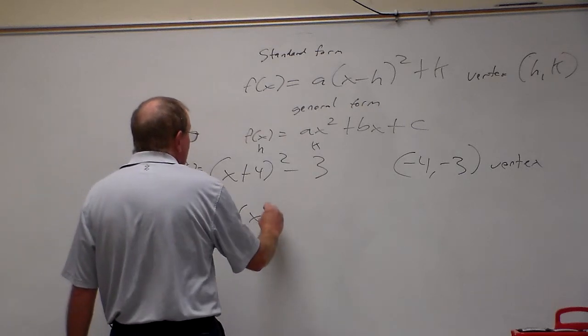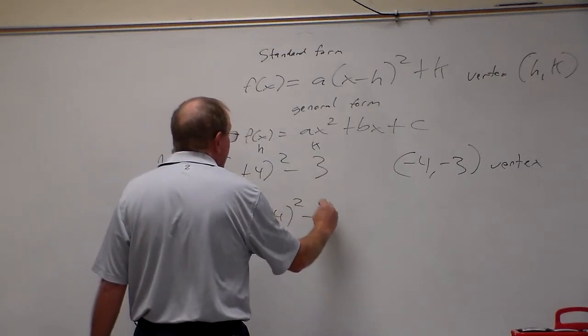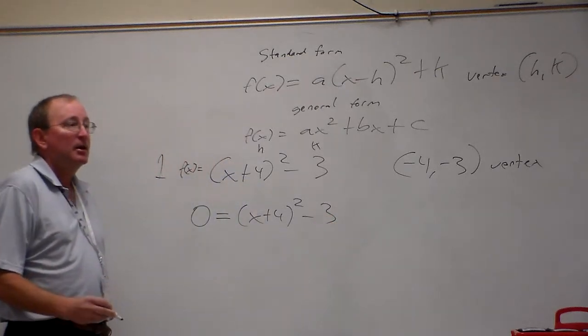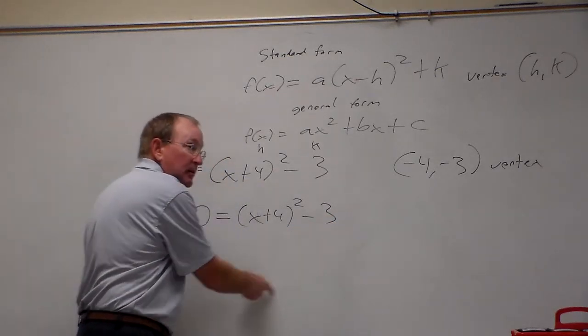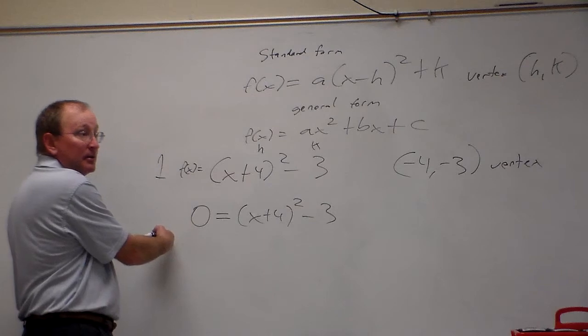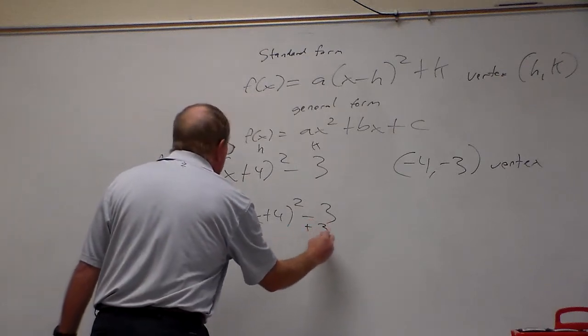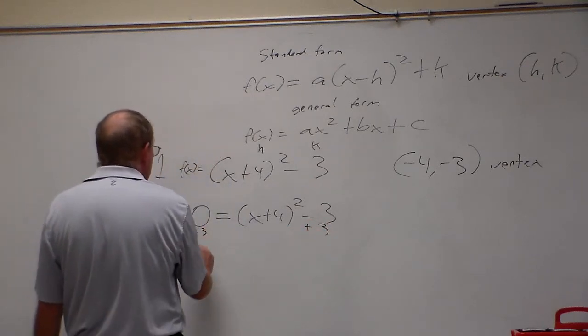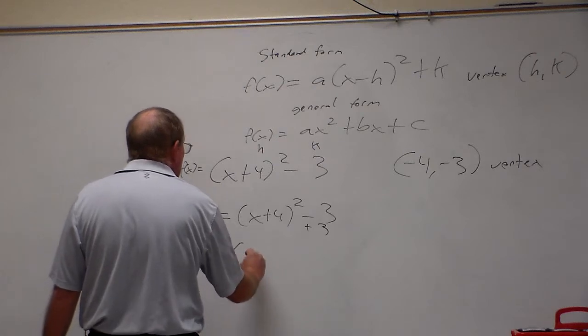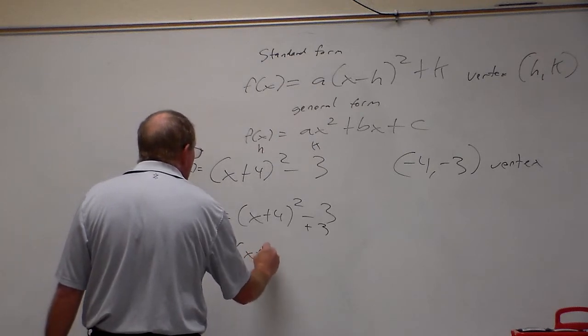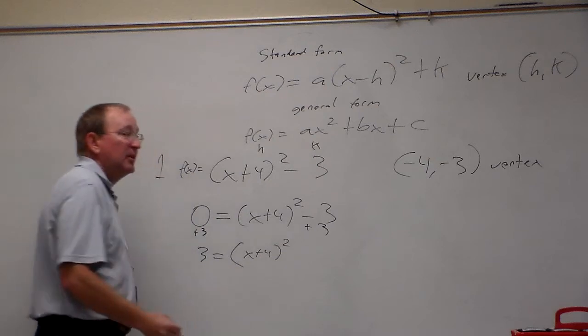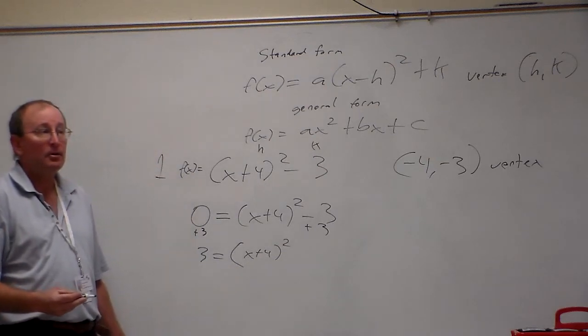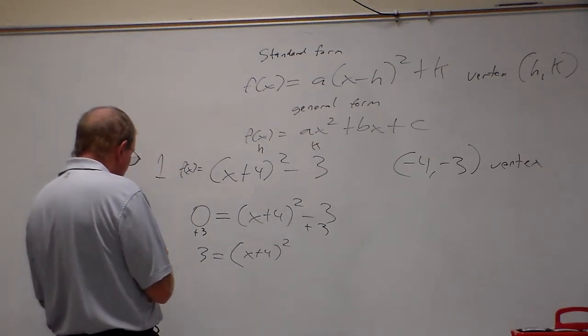0 equals x plus 4 squared minus 3, right? Guess what I would do with this 3? Add it to the other side. So add 3, so 3 equals, and now I have basically x plus 4 squared, right? How can I get rid of that squared? Square root it. Because if I was to square root it,